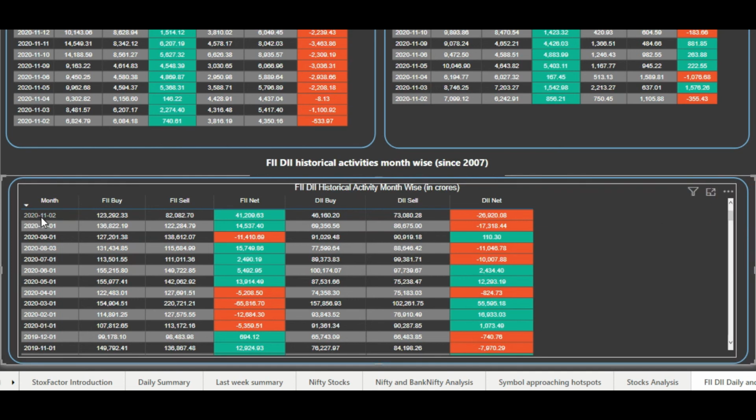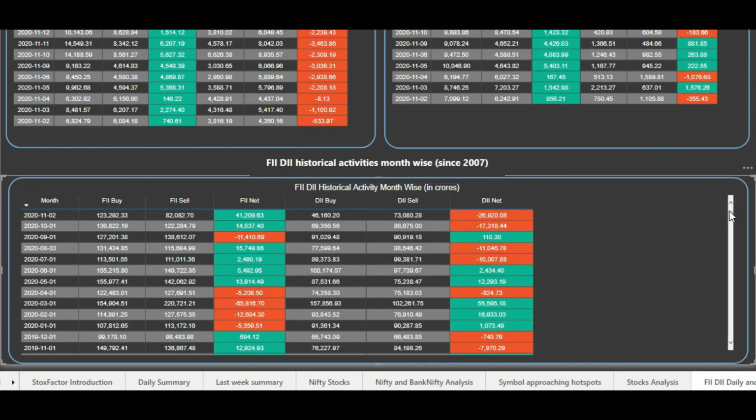So for example, so far in November, the FIIs have bought 41,000 crores of cash market positions, and DIIs have sold around 27,000 crores. So FIIs have been buying more compared to what DIIs are selling. So it means FIIs are quite bullish on the Indian markets, and they have been purchasing hugely on the cash market also. So this is the monthly trend, which gives you a big picture or the holistic picture of what FII is doing on the monthly basis, apart from seeing on the daily basis.